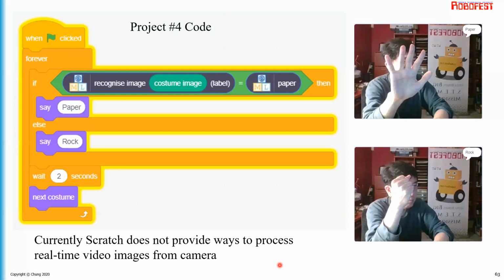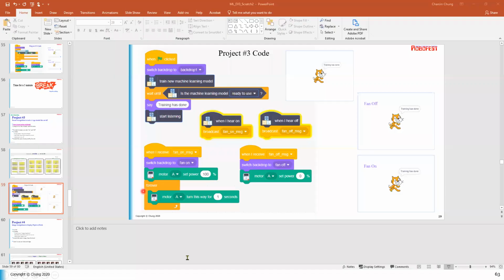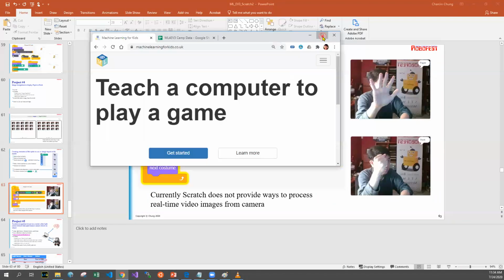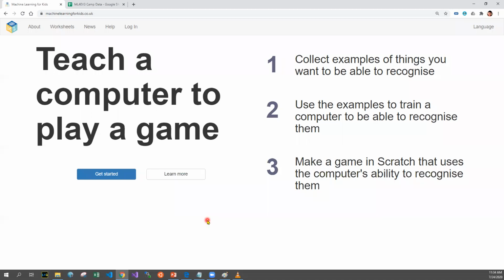So instead of using the real-time images from the camera, I store the images into Scratch costumes, and we bring each costume image to feed into the trained model. So, okay, what I'll do would be, for this one, I have to use Google Chrome because Microsoft Edge has a bug regarding the camera orientation. So for this, I'll be using Google Chrome, and I'll log on